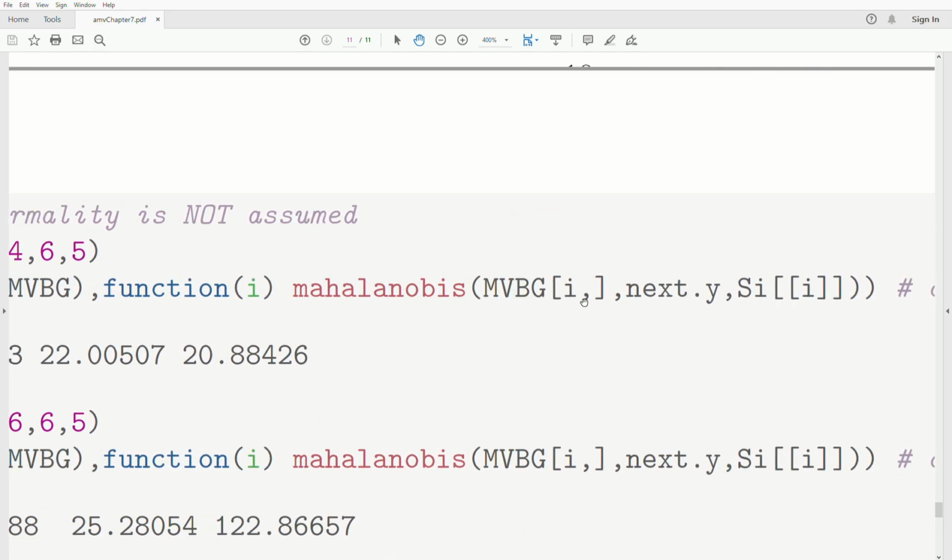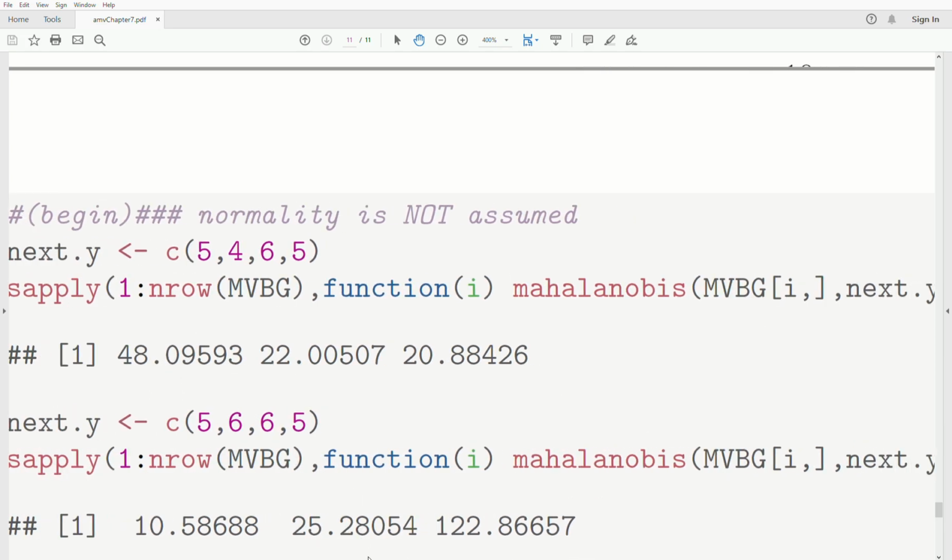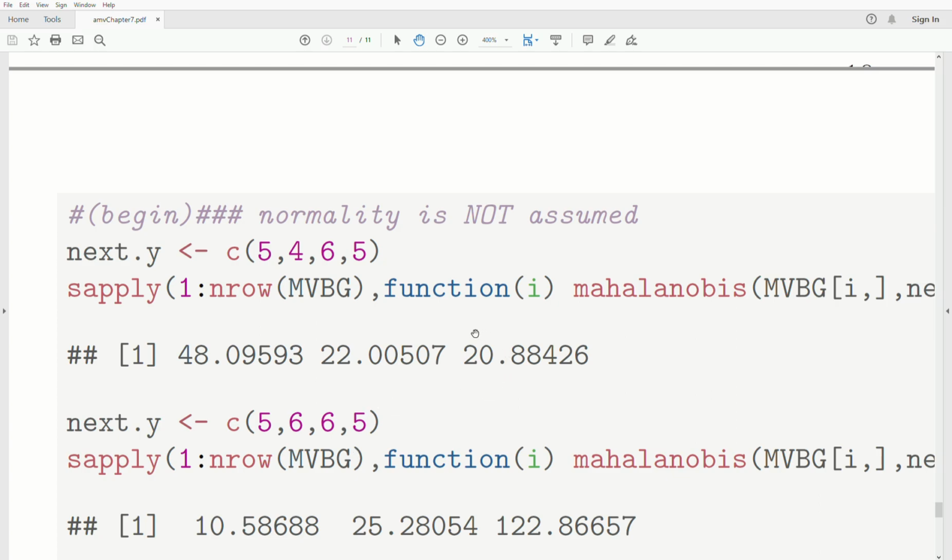We're taking the next y and comparing it against each mean vector in this MV mean vector by group, and we're also using the covariance matrix for each sample. And so we get this. And notice that method 3 has the smallest statistical distance from our next observation, so we're going to classify